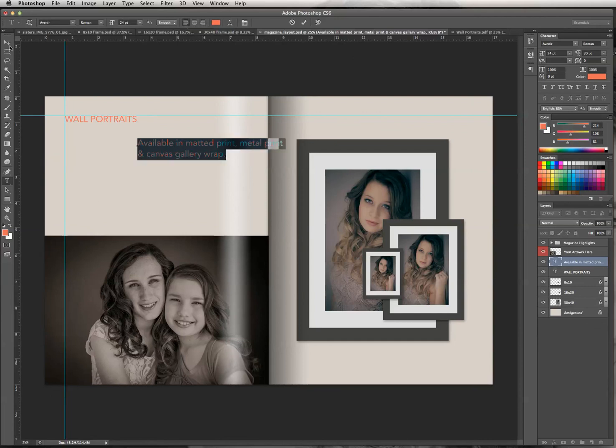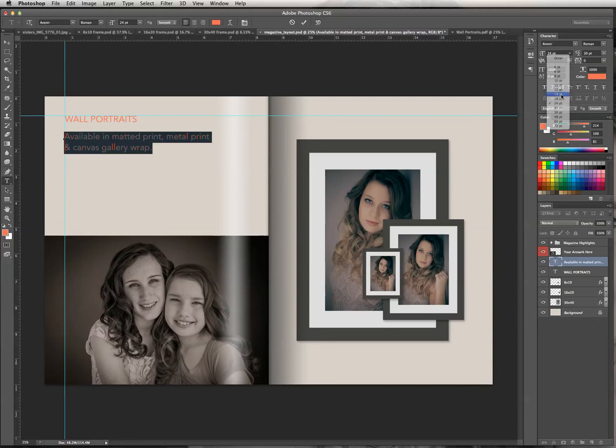I'm going to go back to left because I like it that way. I want to line it up with wall portraits, so I'm going to move it over, and I want to reduce the size of this text and the color. So let's go and select the text again. I want to drop it down to about 14 points, and you'll notice that the